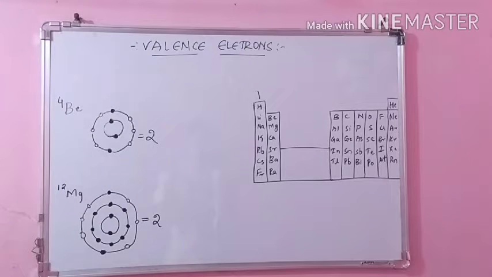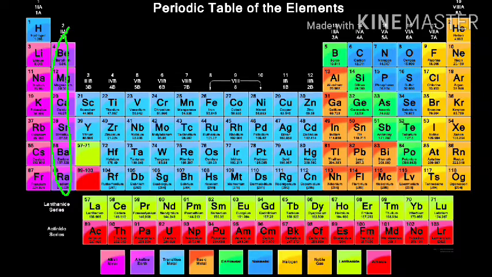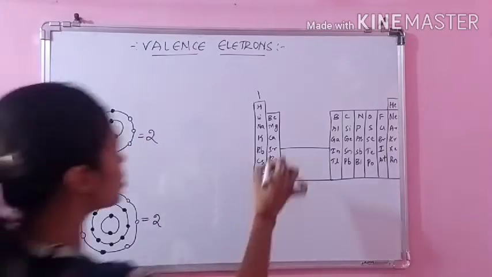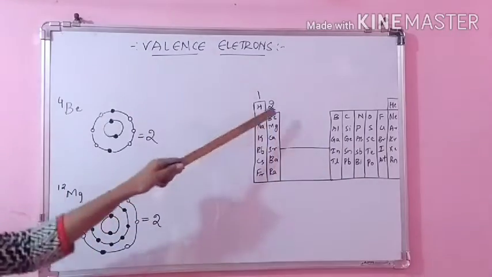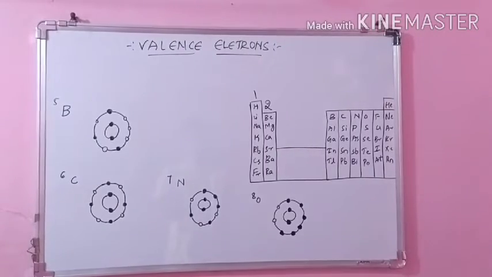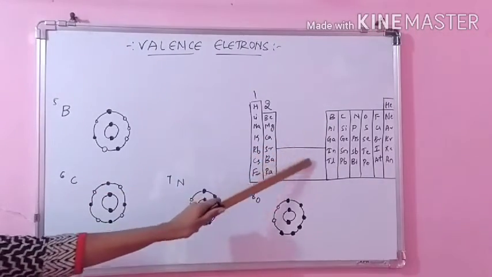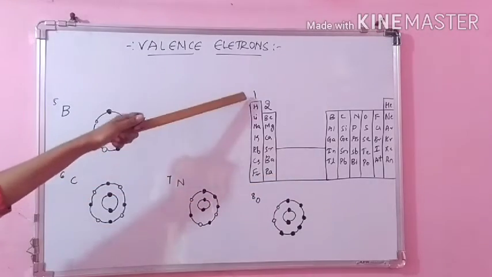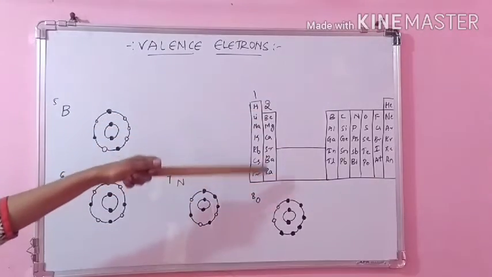Again what we conclude is that this is not only the same for these two, but the same for all of these elements: beryllium, magnesium, calcium, strontium, barium and radium. These all will have 2 valence electrons. It is true for all. So this group has 2 valence electrons. Next we'll move on to this group. We are not concerned with the D block elements. So just now you got to know that in the first S block series you have plus 1 valence electron, and in the next series you have plus 2.